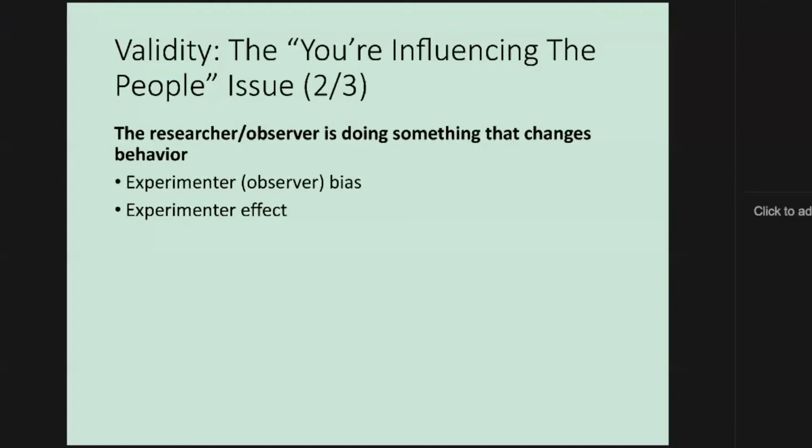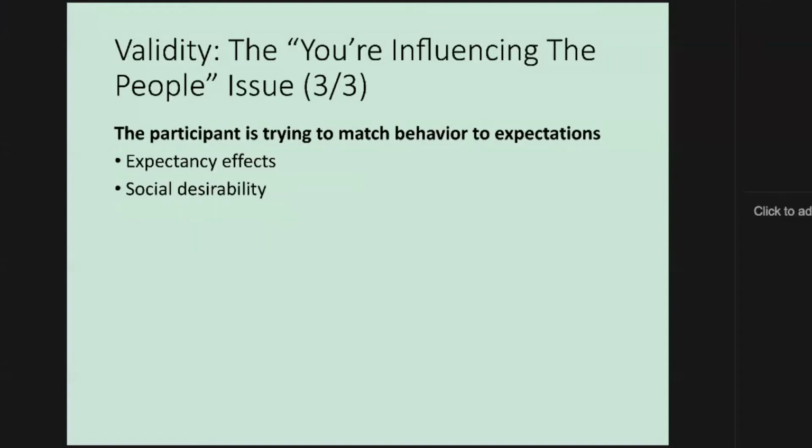We find that this stereotype threat and this lowering of their scores tends to go away when the person administering the test is from the same social group as the people taking the test. We have what's called expectancy effects, also called demand characteristics. When the participants know what the study is about, sometimes they want to be a really good research participant and give the researcher exactly what they're looking for.